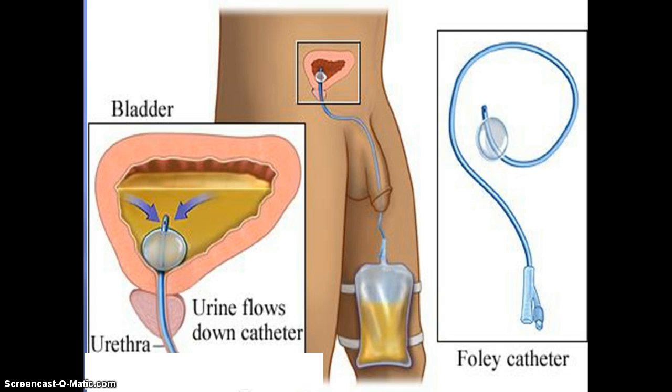The catheter itself is a flexible tube, and there are actually like two straws together here. On the end of it, you'll see a balloon that's been inflated with some fluid. At the tip of the catheter, you can see there's a little hole in the side of the catheter, where it actually will drain